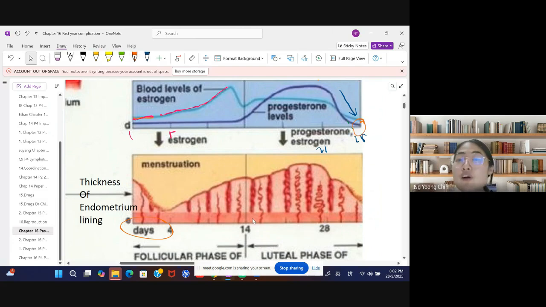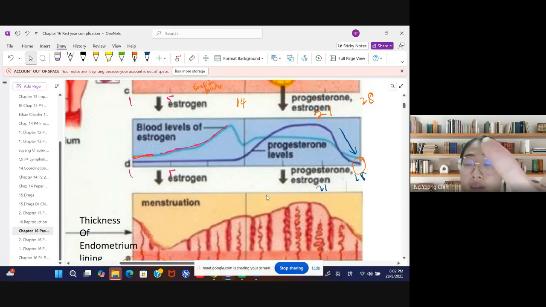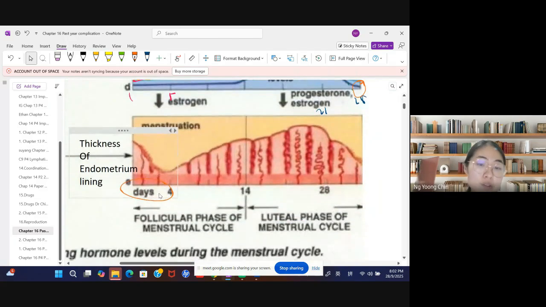Because there's no fertilization. Here, between 21 and 28, there will be no fertilization. So that's why the endometrium lining sheds off due to the decline of the progesterone and the estrogen. So they will have this menstrual period in the first 5 days, but after that, they will restart the cycle again. So the GnRH will be stimulated to